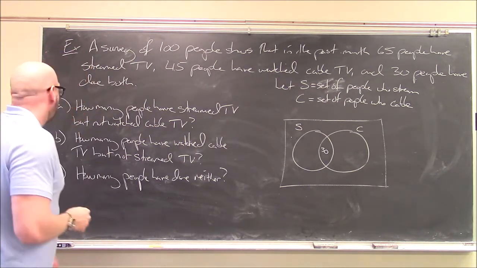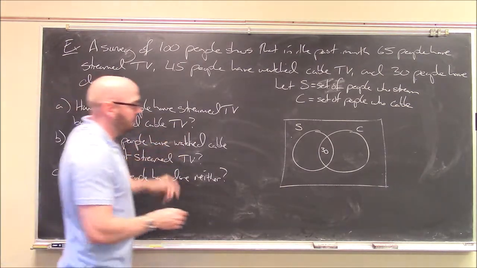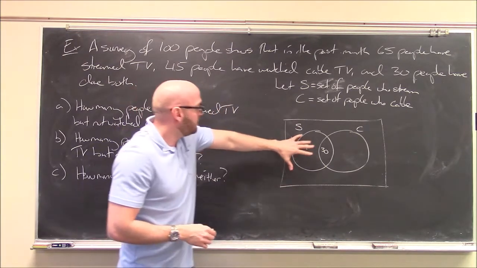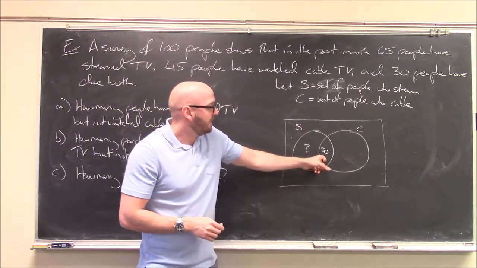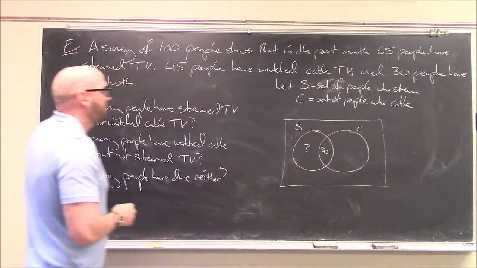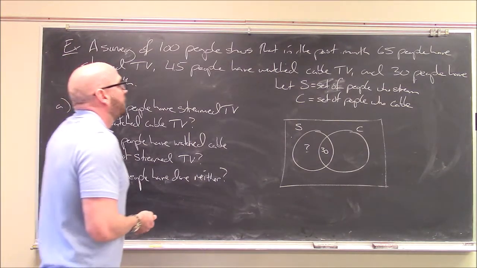Okay, so what is this asking for? First question is, how many people have streamed TV but not watched cable TV? So the first question is asking, how many people live in here? How many people live in S but not in the intersection? How many people live in S but not in C? Well, this is exactly what we did in the last problem, right? So I know